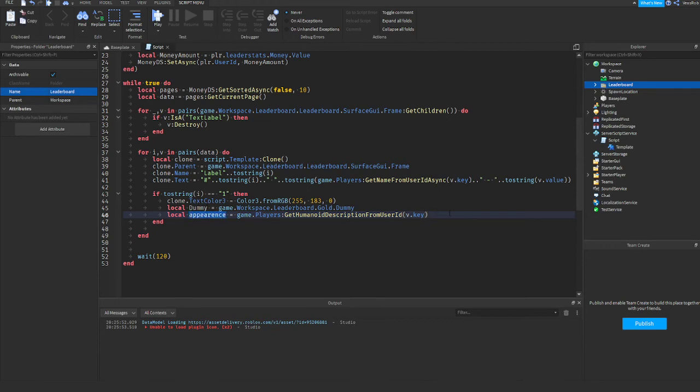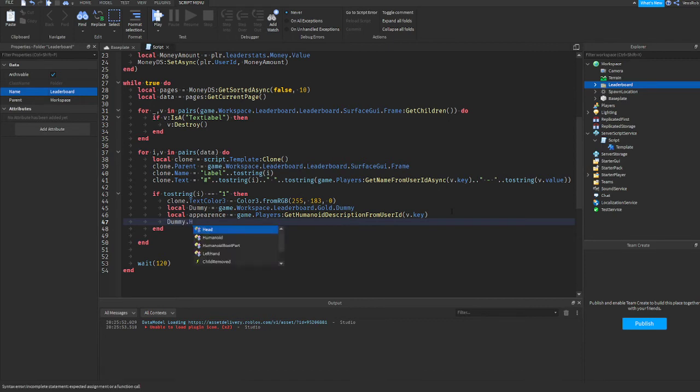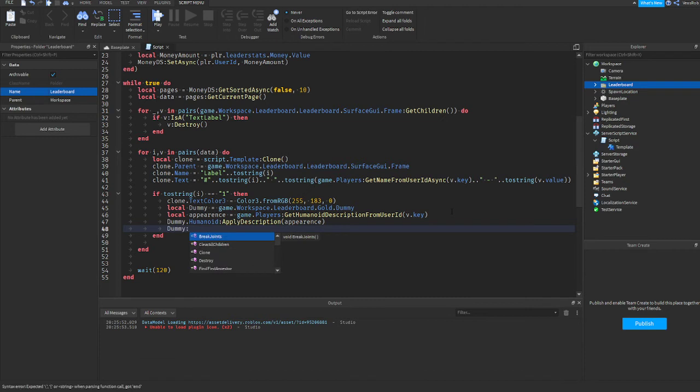Okay, and then with that appearance we can say dummy.humanoid:ApplyDescription, and then we can say appearance,